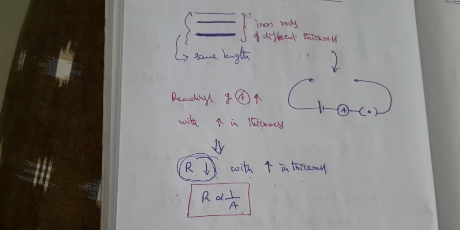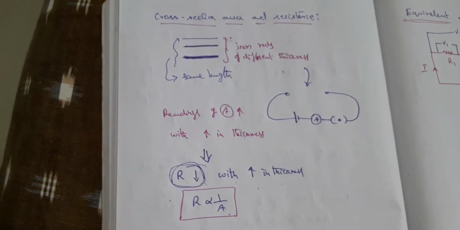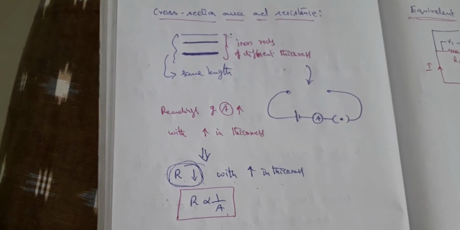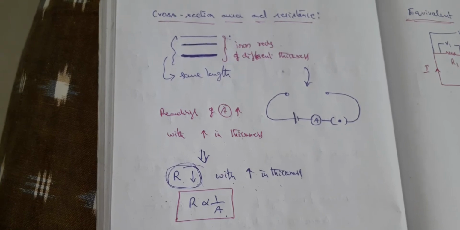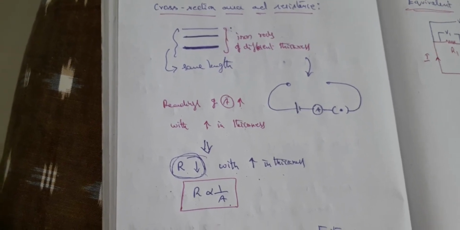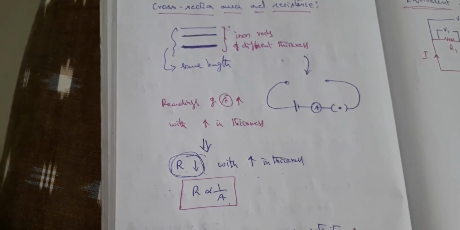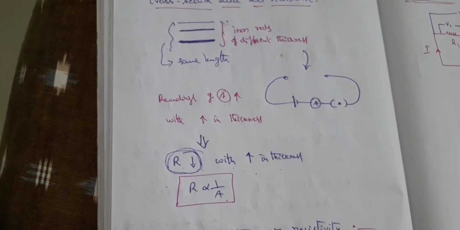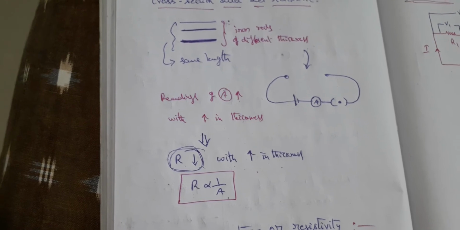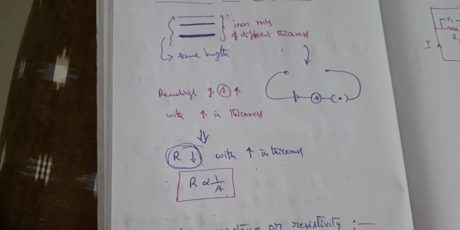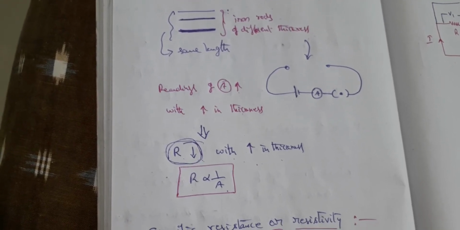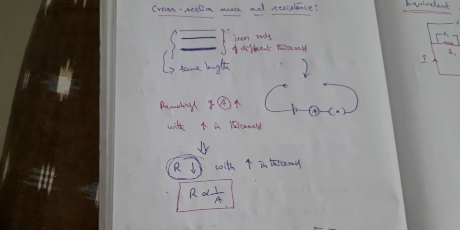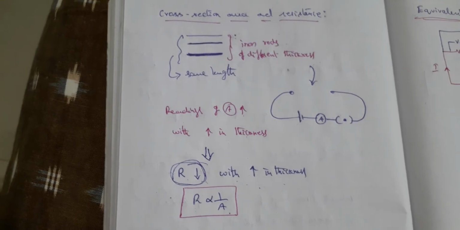Take a screenshot of this. So here the activities are the same kind. The only thing you have to remember is that in the first case you have to talk about heat, that is temperature variation, hence you are taking a bulb. In all the cases you are taking materials, wires or rods. In the first, different materials; then the next one you have taken different lengths, and now you have taken different thicknesses. So take a screenshot.